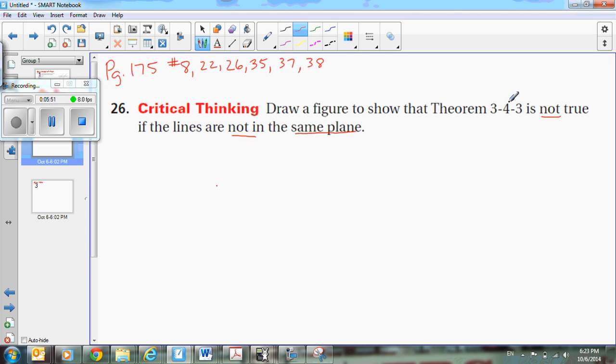Well, if you turn back just a few pages in your book, turn back to page 173, you will see that theorem, this is just the way the book names these theorems. It's a theorem that's in chapter 3, it's in section 4 of chapter 3, and it's the third theorem. So that is just your book's way of numbering the theorems. So take a look in your book, and you'll see that it's a theorem that you'll also find in your notes and on your yellow sheet, which says if two coplanar lines are perpendicular to the same line, then those